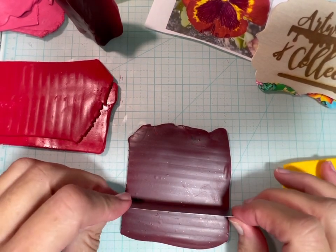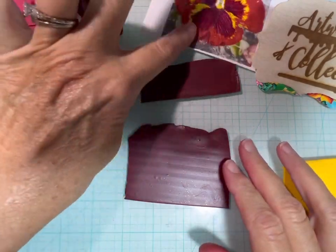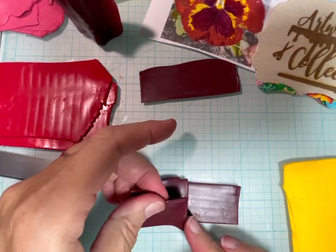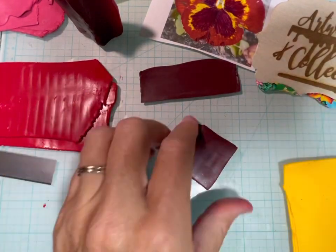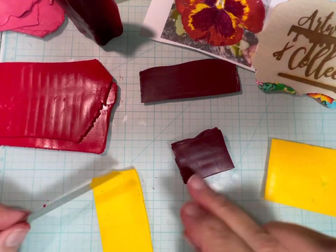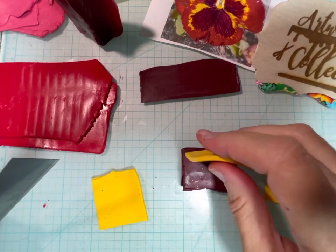Next, we're going to work on those bottom two petals that kind of come together. They look kind of like one petal, but it's actually two. This way I have the dark color. I stacked it up into 4 rectangles. Then I cut the yellow up, but I wanted the yellow thicker on one side than the other, kind of